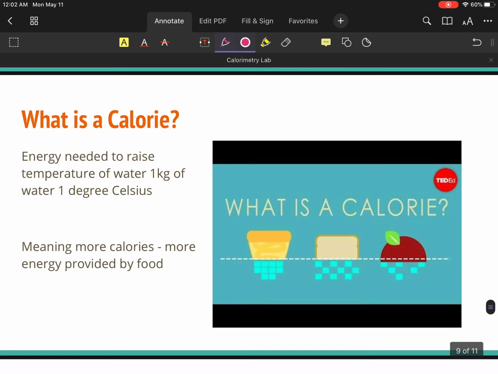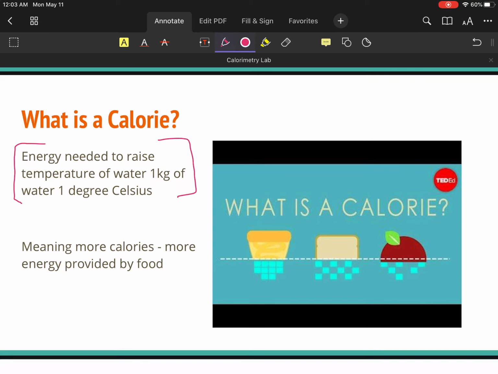I have a video in your notes at the end, after the practice problems, with a question: what is a calorie? You could watch it, it's a little 3-minute video, and it just explains what this term really means. When we're talking about different types of food, if something has 100 calories versus 600 calories, what does that really mean? So a calorie in general is just the energy needed to raise the temperature of 1 kilogram